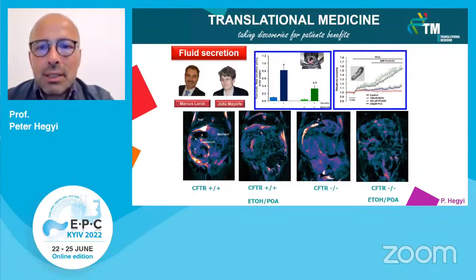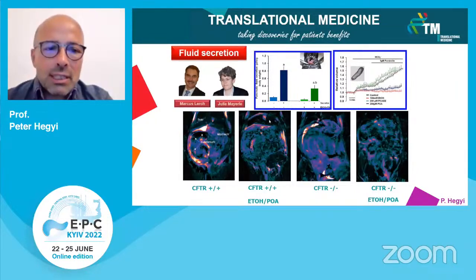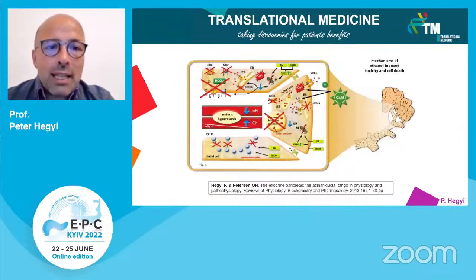luminal pancreatic secretion. If you look at a closed model of measuring the volume secretion, you can see the green one, and the black one is actually the control. And if you give alcohol or fatty acid, this tremendously decreases the fluid secretion. This is also confirmed by MRI as well. So finally, if we look at this picture, it's very similar to the bile acid one, that